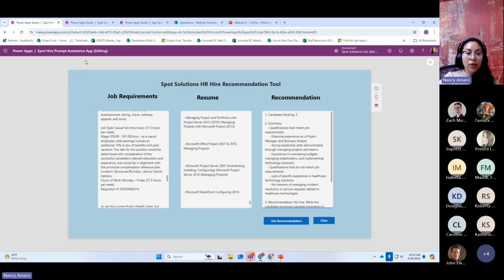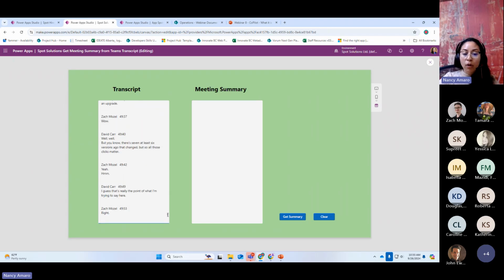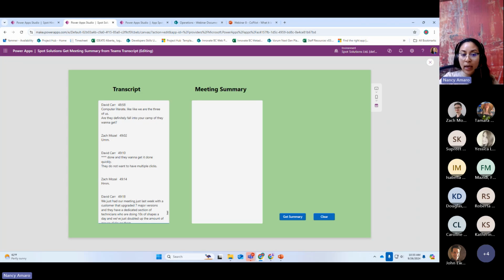Okay, so that is the first model. Let's jump into the second model. So this one is also a custom prompt, and this model is about summarizing text. This model can summarize text from a meeting minute or from lengthy documents or any kind of input that